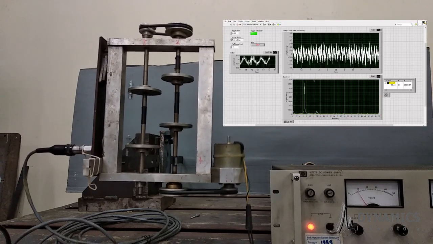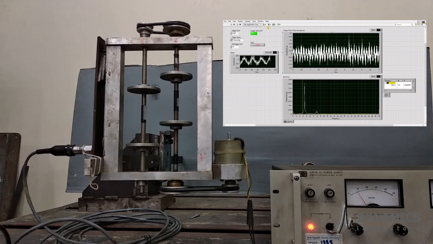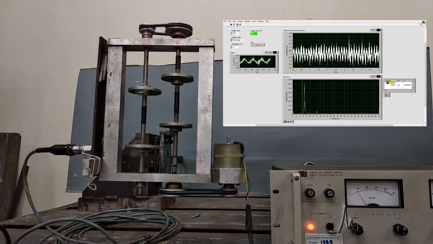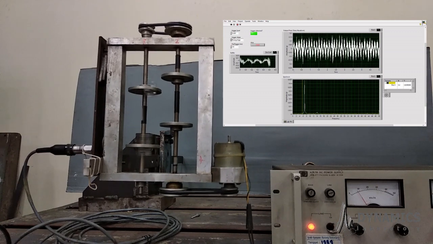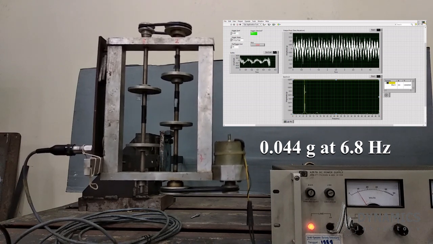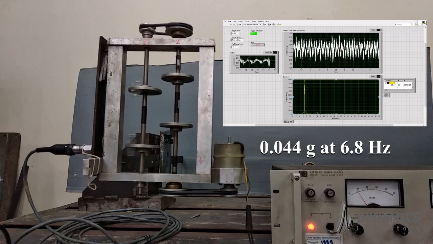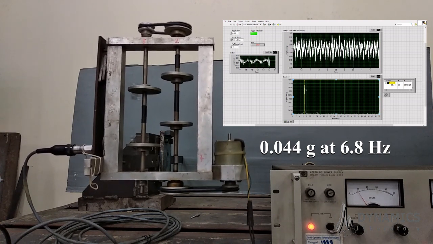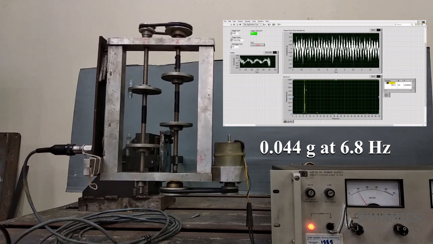This is the third experiment. Here, we operate the DC motor at 408 RPM. We run the LabVIEW program. And at the lower graph, we have the vibration spectrum. We see the vibration occurs at 6.8 Hz, and the vibration magnitude is about 0.04 G. In the video, you can see clearly that the mode shape of our second resonance is vertical.